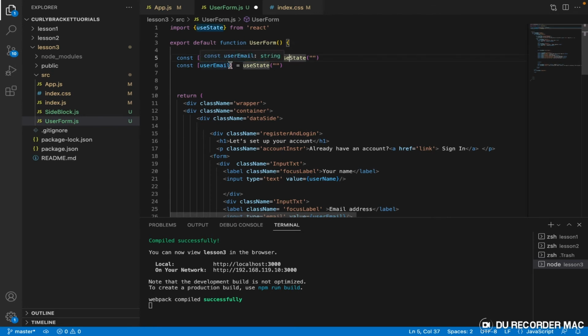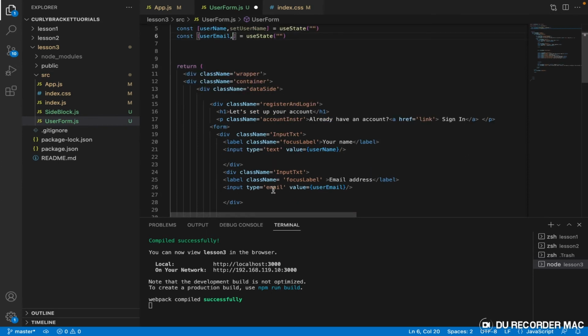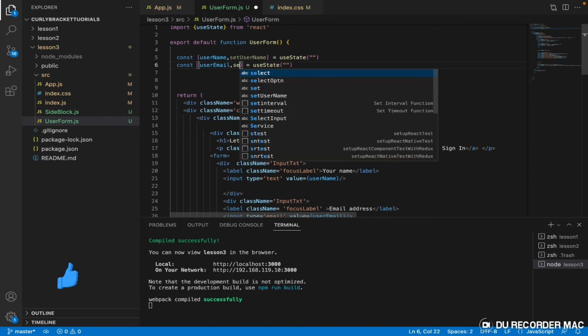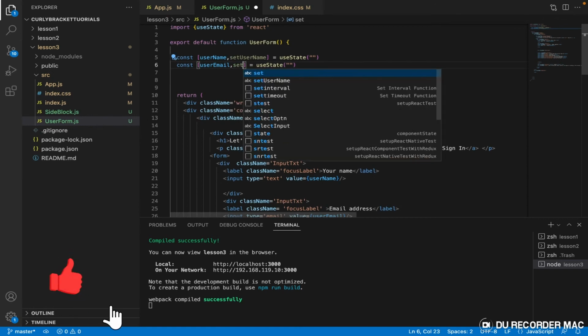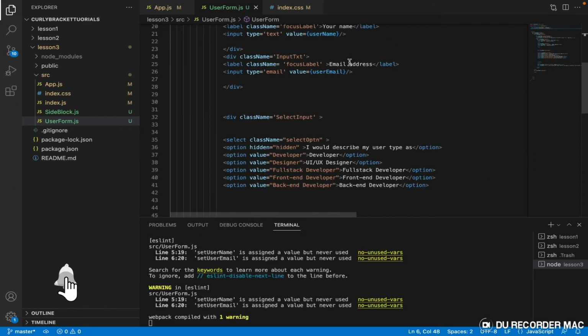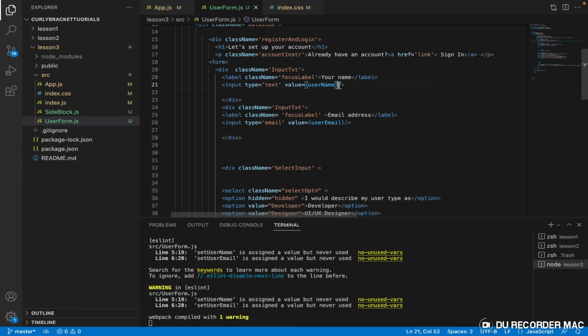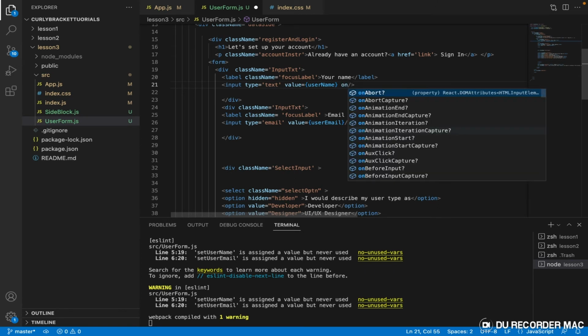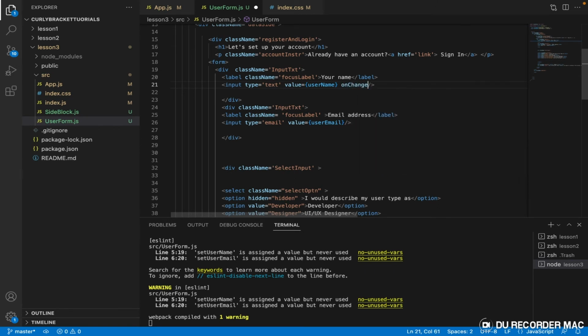And to be able to get the changes that will happen when somebody changes the email, we need a function. So we call that function user email. What should happen when we change this? So when the user changes the text box, we're supposed to say onChange like this. So when this text box changes from this initial state to something else, we need to